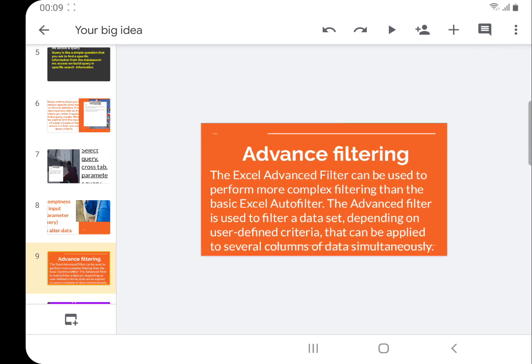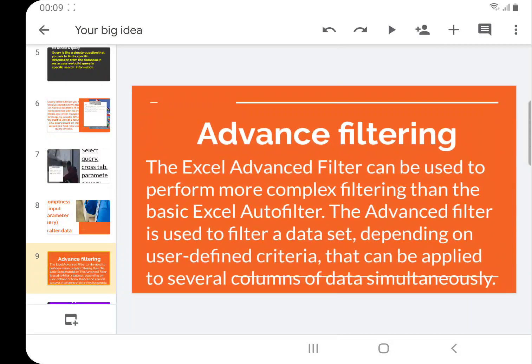Now advanced, what is the meaning of advanced filtering? We know filtering. Filtering means to get only what we want. But if we call it advanced filtering, that name already tells you it is some kind of high level filtering. The Excel advanced filter can be used to perform more complex filtering than the basic Excel auto filter.